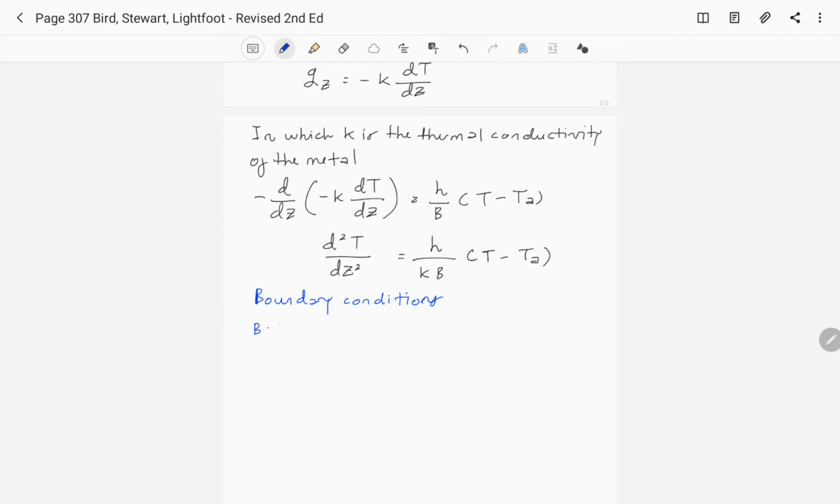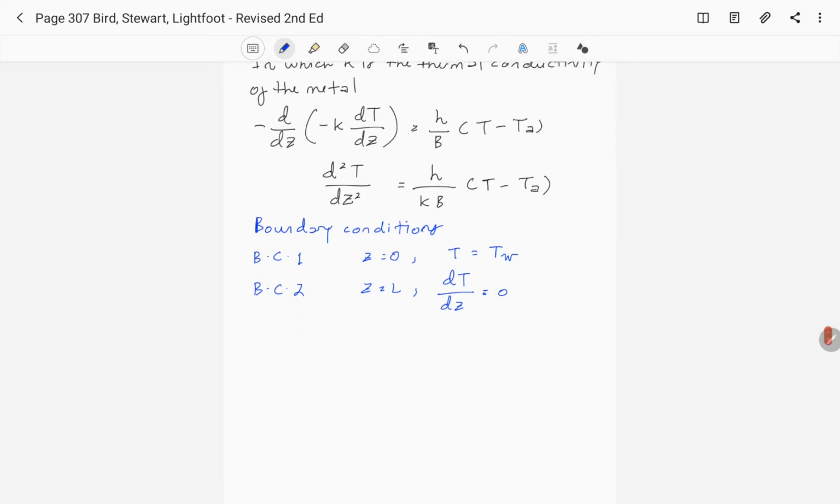So BC1 will be at z equals 0, temperature is equal to the temperature of the wall, and then the second boundary condition at z equals L, dT per dz is equal to 0,